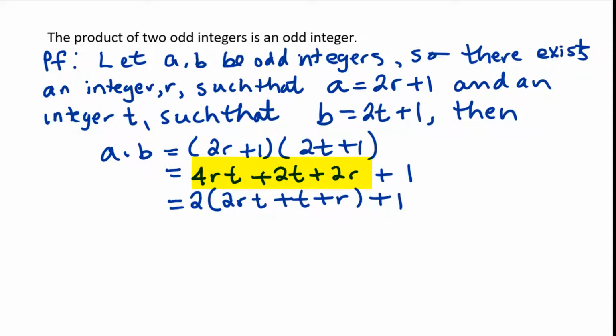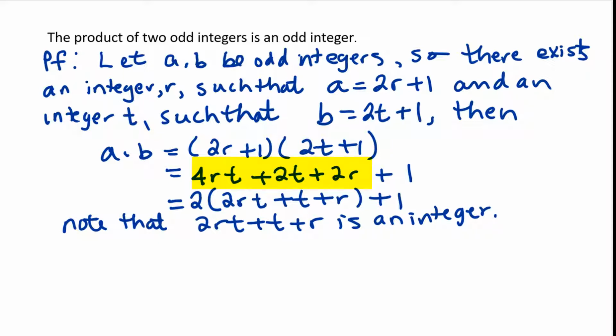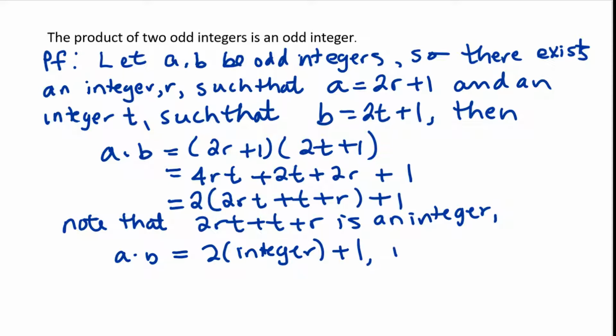Okay? Let's note that what's in the parentheses, 2RT plus T plus R, is an integer. And so we've actually shown that A times B is equal to 2 times some integer plus 1, which is an odd integer